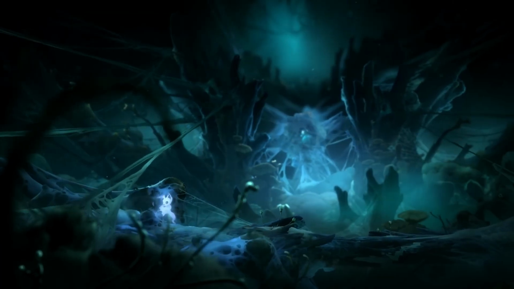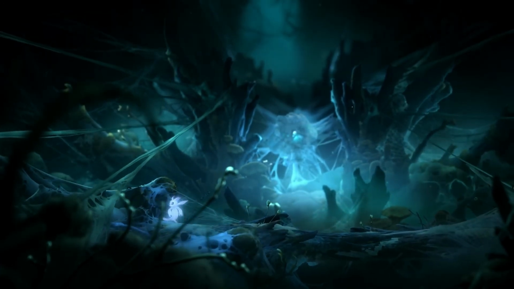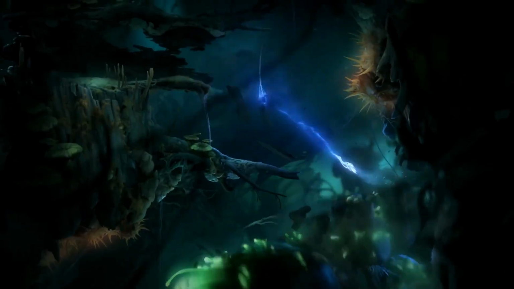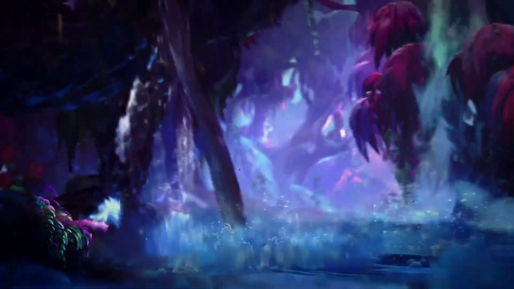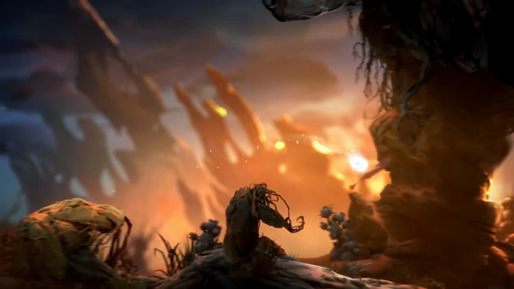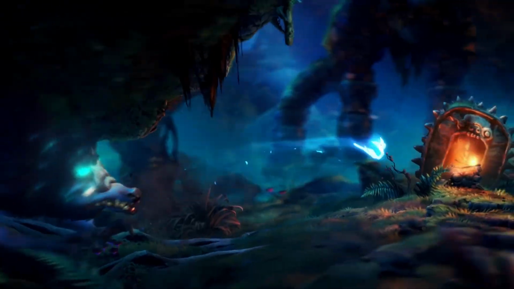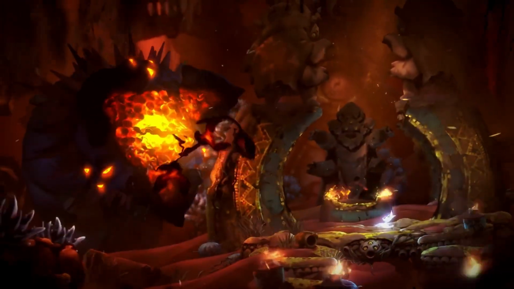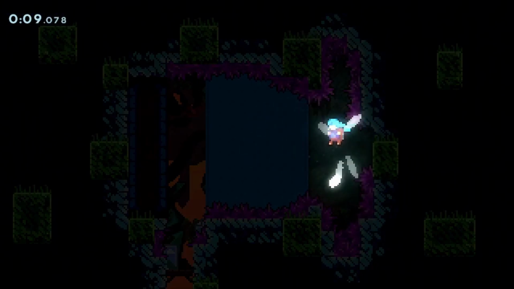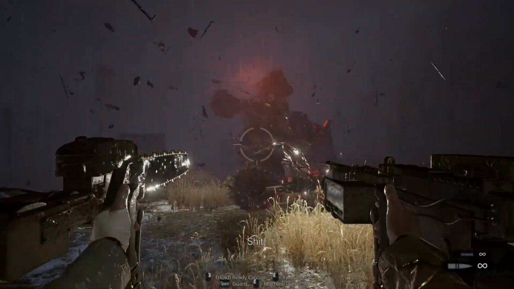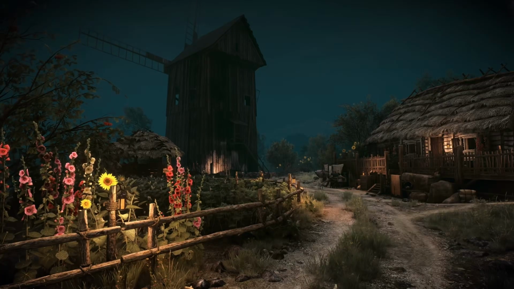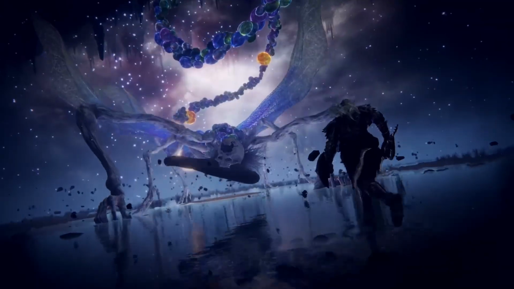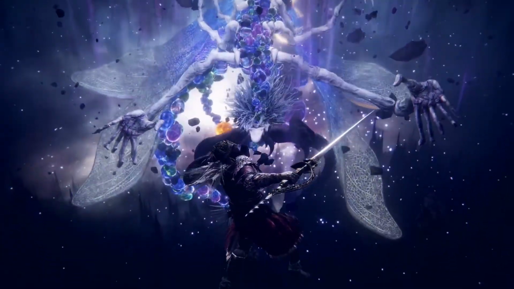A distinctive art style, whether it's the painterly look of Ori, the pixel charm of Celeste, or the stark minimalism of Limbo, can be the key to making a game memorable and successful. But it's not just about pretty graphics, it's how those visuals communicate, teaching you where to go, what's dangerous, and what's rewarding. Think of the glowing weak spot on a boss, or the way a cozy village feels safe just by its warm lighting. The art is gameplay's silent partner, whispering instructions without a single tutorial box.